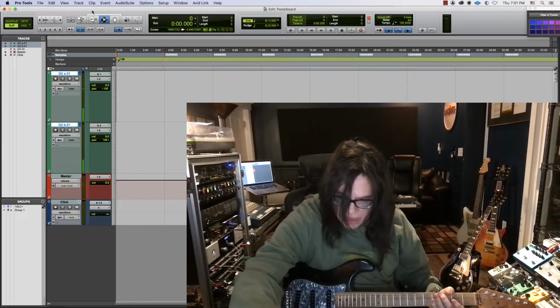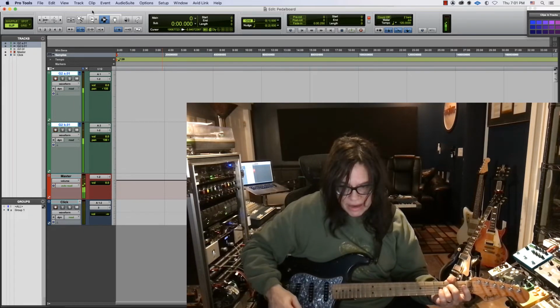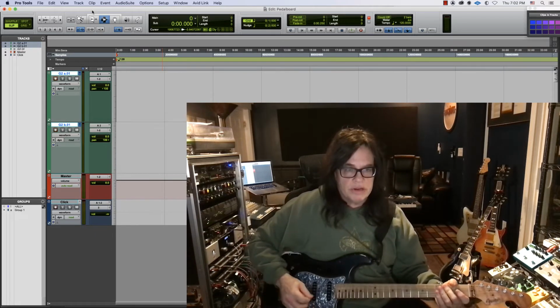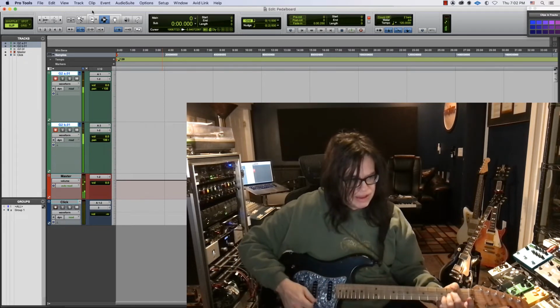The same thing, right side is, or left side is AC30. Right side is Deluxe Reverb Reissue 68. And then together, get